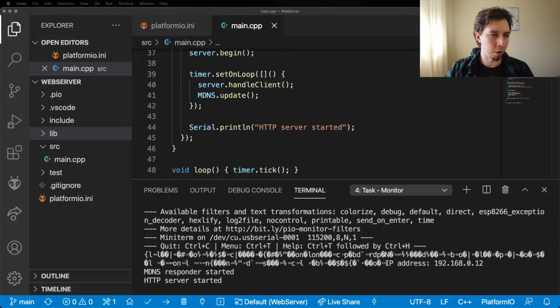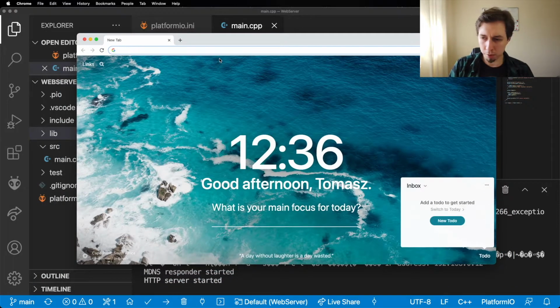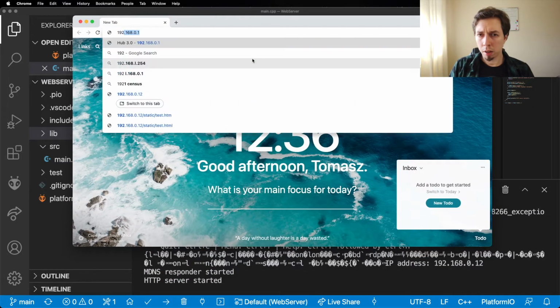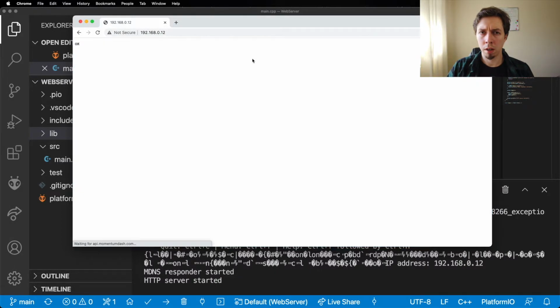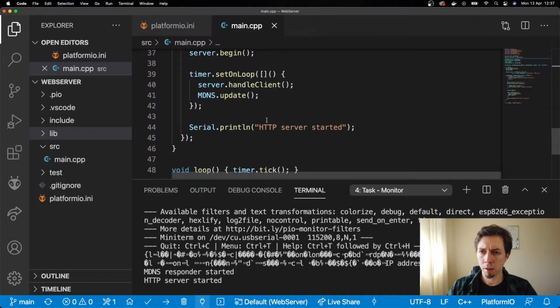So let me show you how to call it in the browser. I'm going to open my Chrome browser, and in the Chrome browser I'm going to just go to this address, which is this one. And let me open it, and what I got is OK. So that's the actual response from the ESP8266. So that's it for the simplest example, and now let me show you another thing that we could do here,